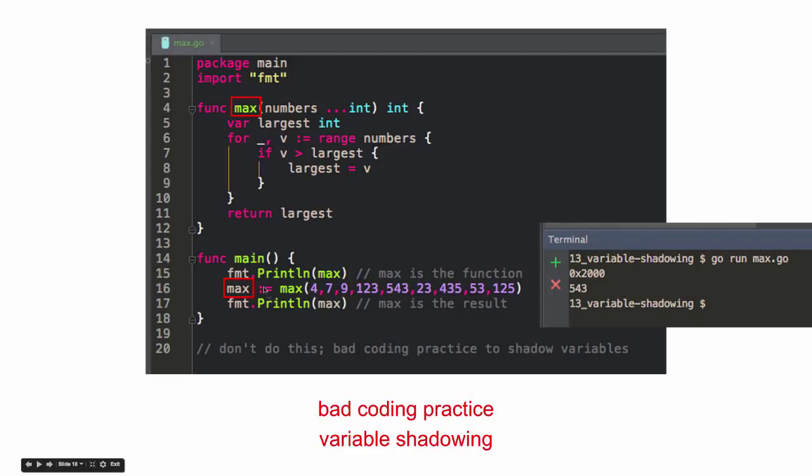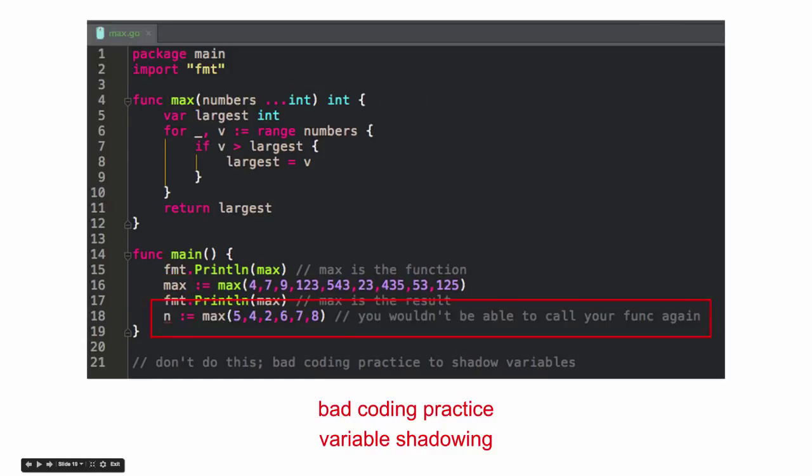And then I'm creating a new variable max, and I'm assigning it the results from the function running. So that's going to give me an int, right? And then I'm going to format print line max, so that there's the value. But that's shadowing because I took something which was assigned to max, originally a function, and now I'm setting it equal to an int.